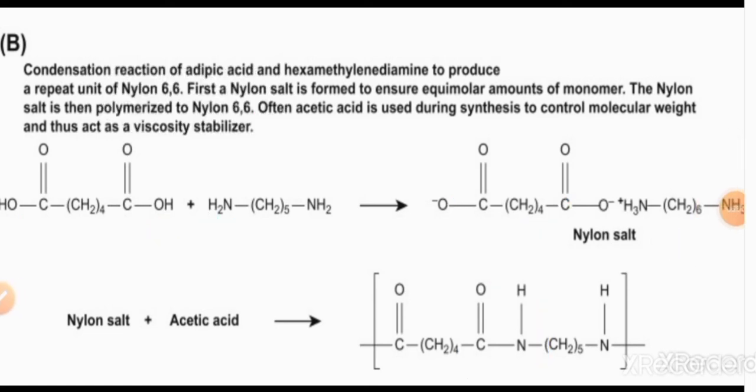Students, in such a way, condensation polymerization is a polymerization in which, if a monomer contains difunctional groups, then it gives rise to the formation of a condensation polymer. But if the monomer contains more than two functional groups in its structure, then there is formation of a polymer with a three-dimensional network type of structure.